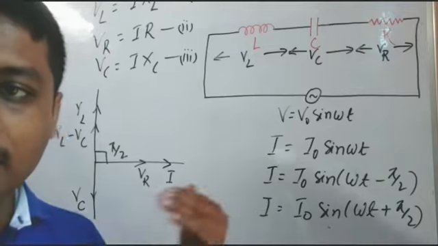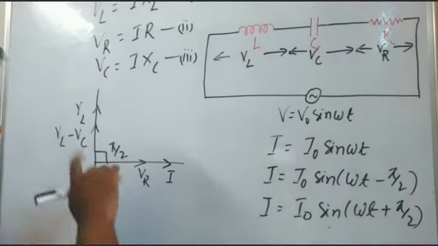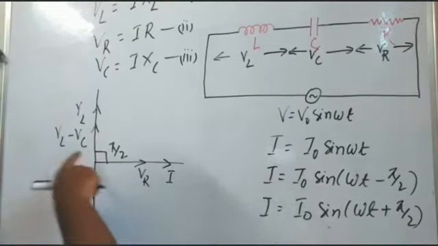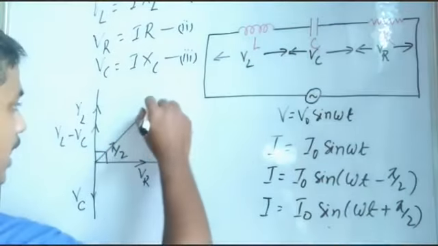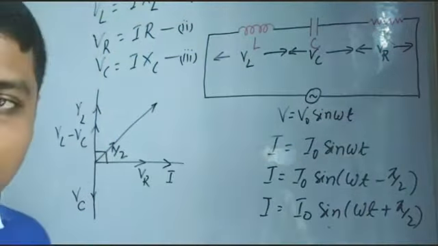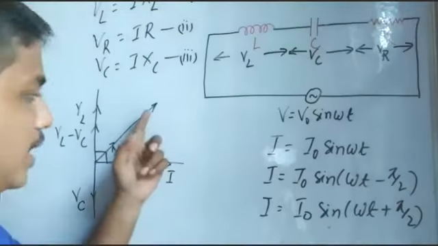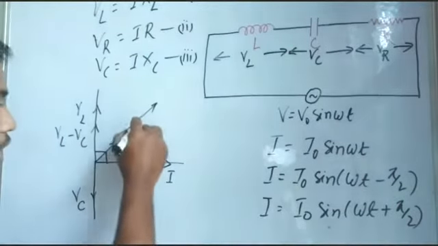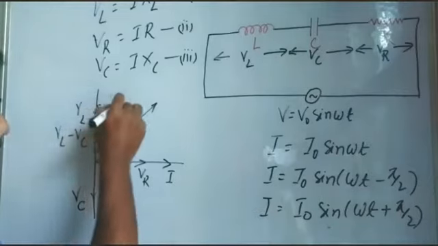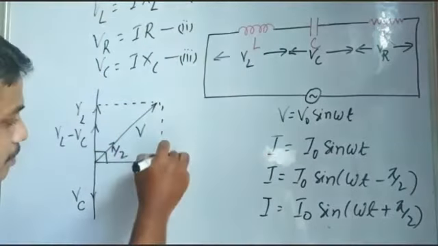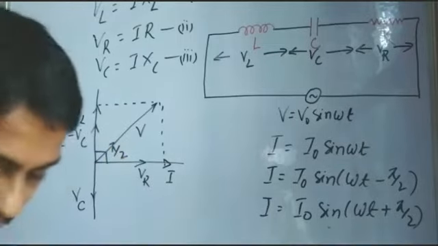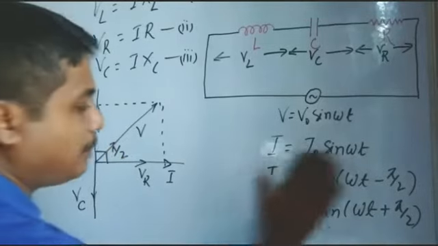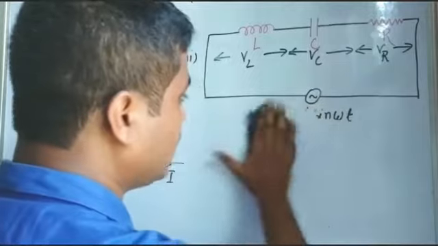If I add the vectors, then according to the parallelogram law of vector addition, if this is one vector and this is one vector, the resultant will be represented by its diagonal. Yeah, so this will be the resultant, that means the total voltage. So I'll be making a parallelogram of this one. If I make a parallelogram of this one, then after using the parallelogram law of vector addition, what I can write, you see,